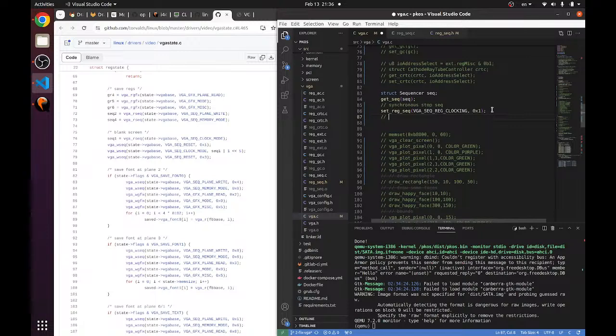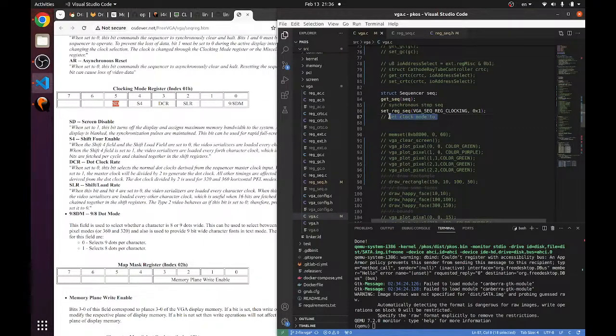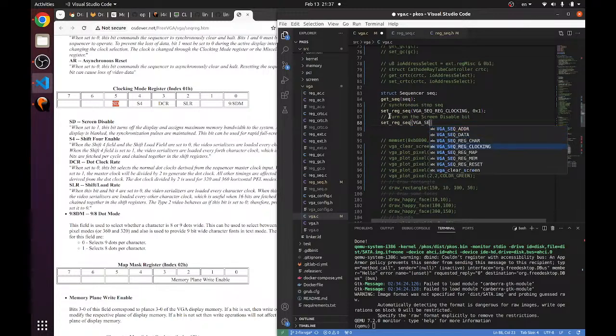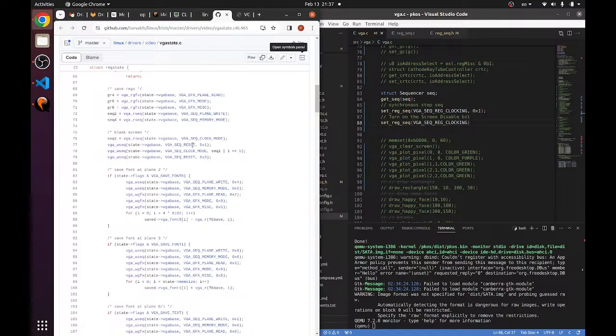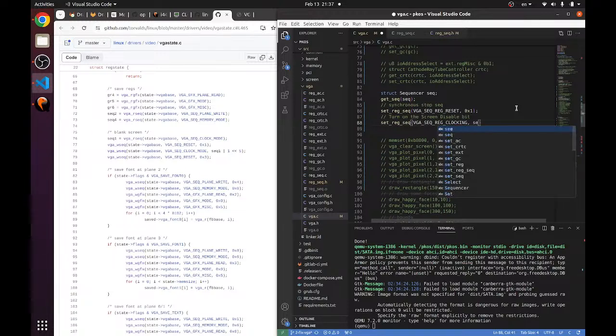Then we're going to clock mode to, and what is it again? Bit 5. Turn on the screen disable bit. Set reg seek. VGA seek reg. Was it the clocking one as well? Clock mode. Oh, this is wrong. This should be VGA sequencer reset. Reset register to 1. We set the clocking register to whatever the clock mode already is,